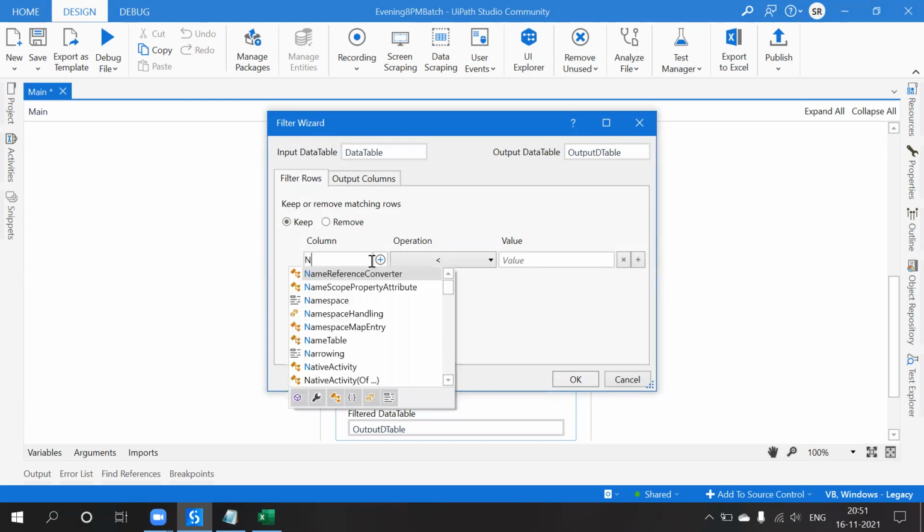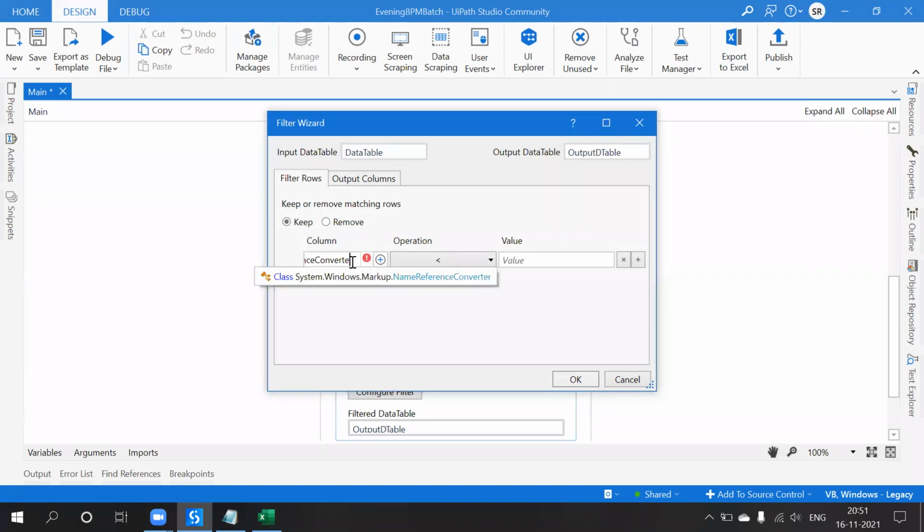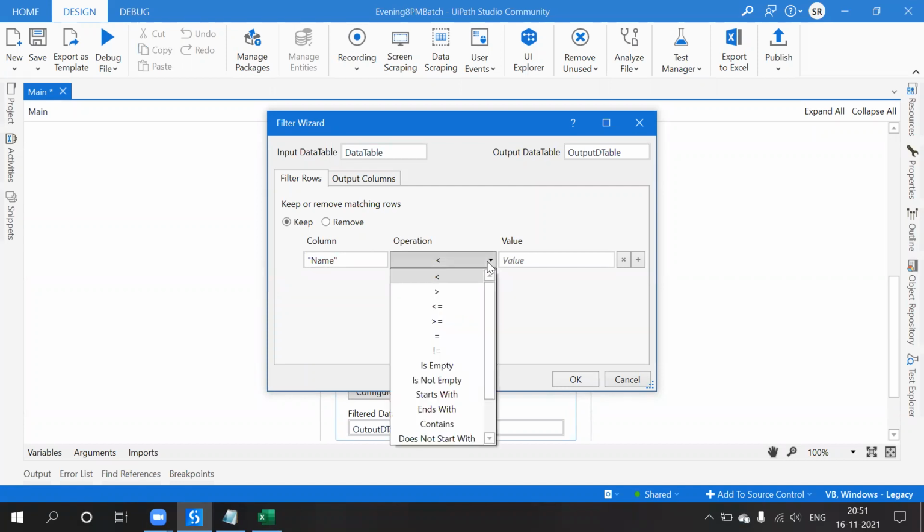I believe it is name. So what operations can we find? Less than, greater than, less than or equal to, is empty, is not empty, starts with, contains, does not start with, does not contain. These are all the operations we can use.